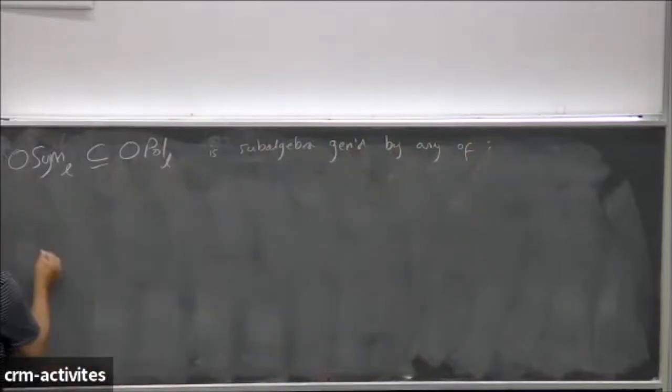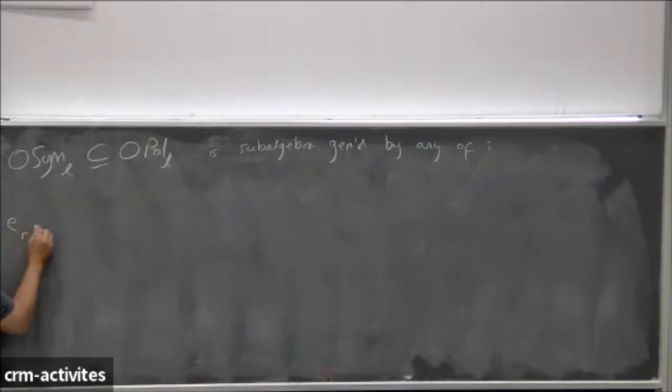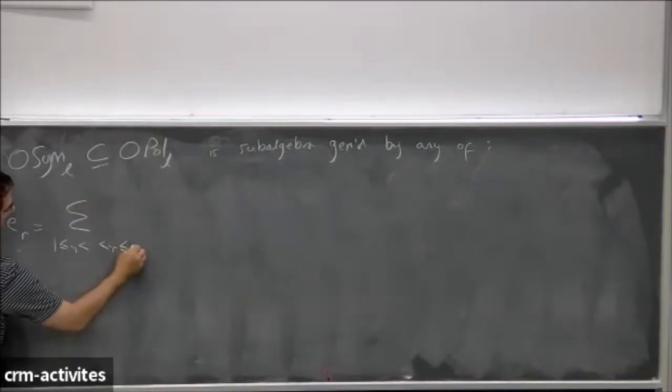For example, you can take the subalgebra generated by the odd elementary symmetric polynomials. I'm sure this notation is familiar, E_r, and you all know what E_r is in ascending order. It's the definition of the rth elementary symmetric polynomial, just these x's are odd, so now this is the odd elementary symmetric polynomial. You just take those guys for all r, they generate a subalgebra of OPol, that's called OSym, the